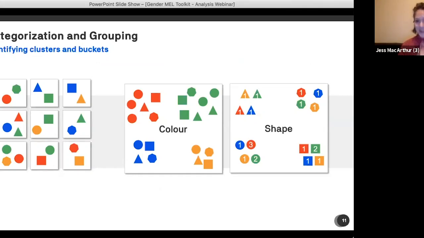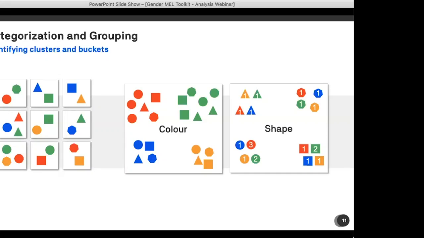I can give my example from my PhD because I'm in the middle of coding. I might have a whole list of different types of codes, but how do we bring those codes together? I have two codes. One is around things that people get, and one is around money. After thinking about it over and over, I realized both of those codes are really similar. So one is a circle and one is a square, but really they're quite the same. So I brought them together into one cluster called things and money. It's not very explicit right now, but that's the idea. Or you might group them by shape. This is really simple, and it's a bit difficult to do with hypothetical data, but this is a way of